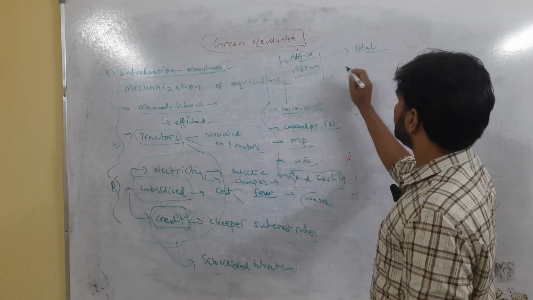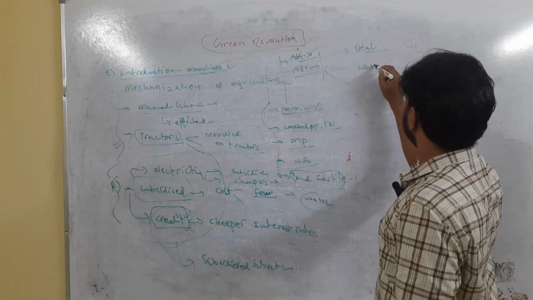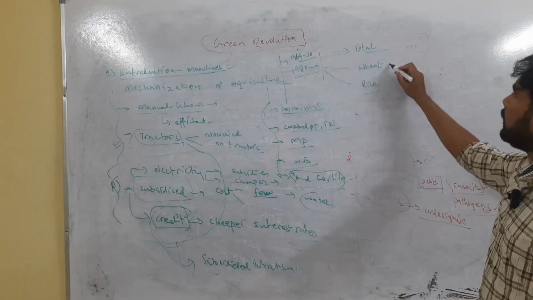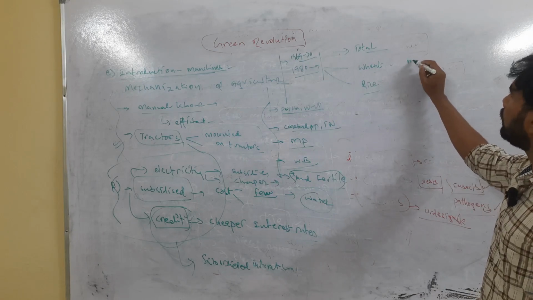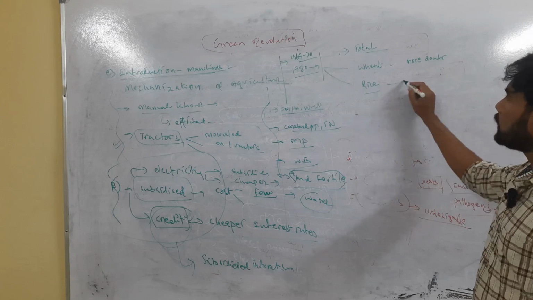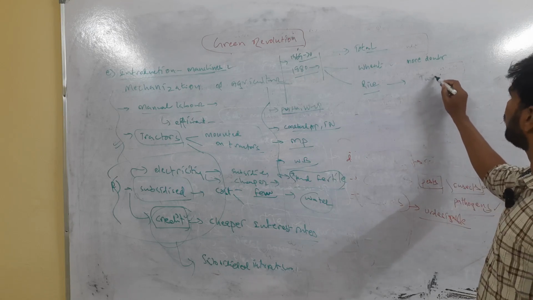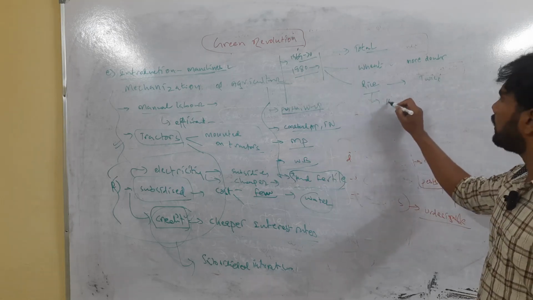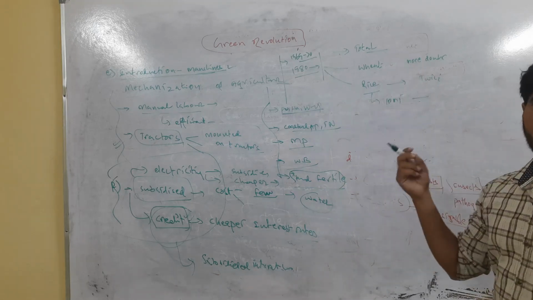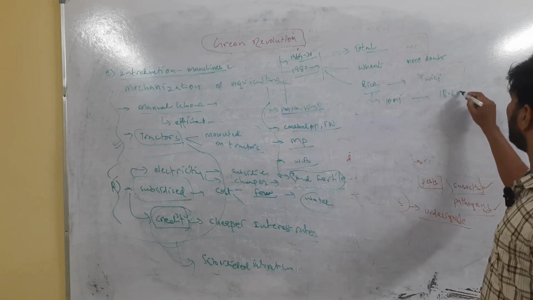Then there was a huge increase in the production of wheat and rice also. Within these 10 years, wheat production more than doubled. Rice production also increased to close to twice. Rice production at the time was approximately 10 million tons, and by 1975-76 itself, it had reached 18.6 million tons, something like that.